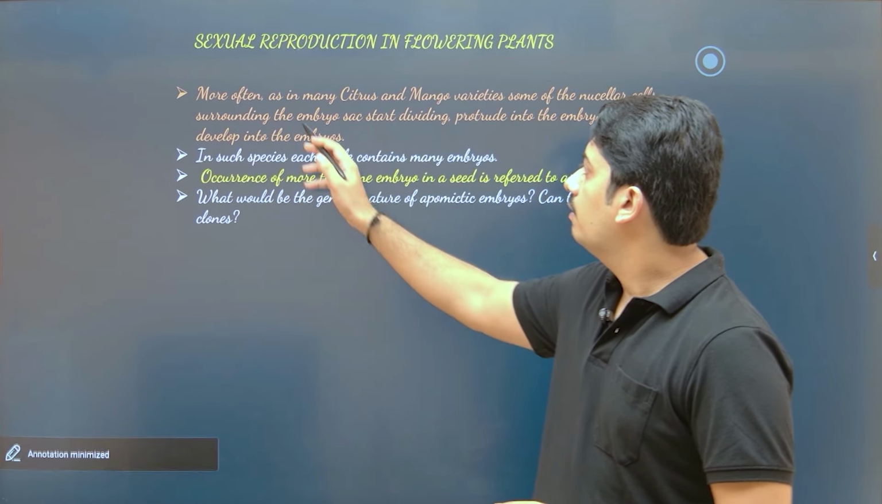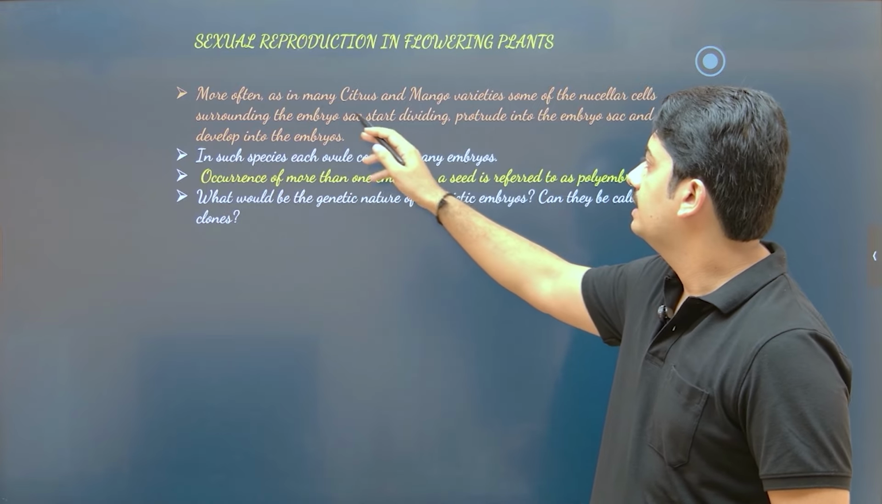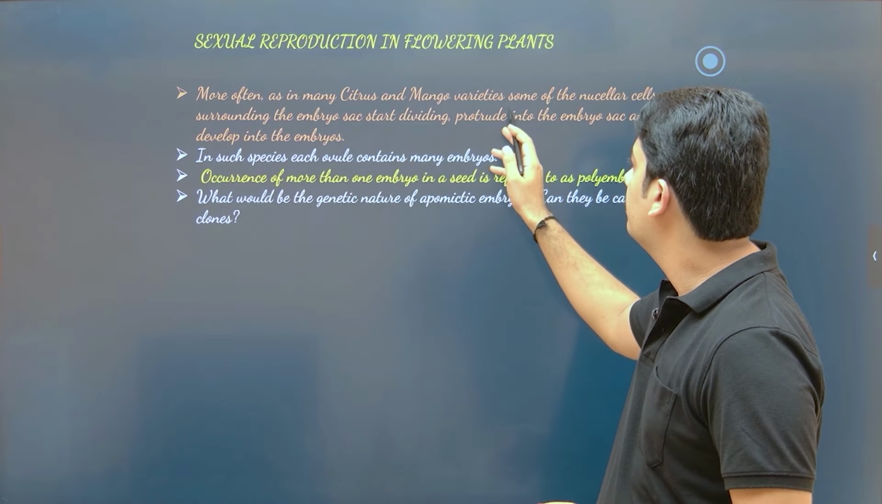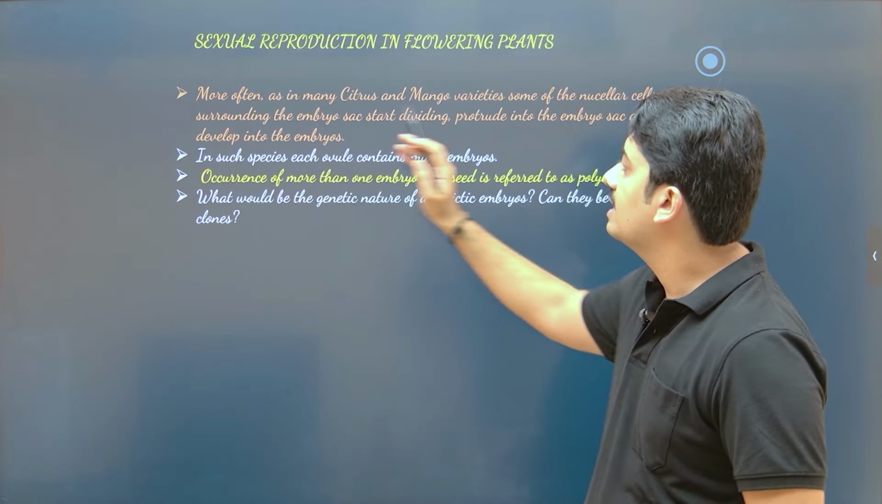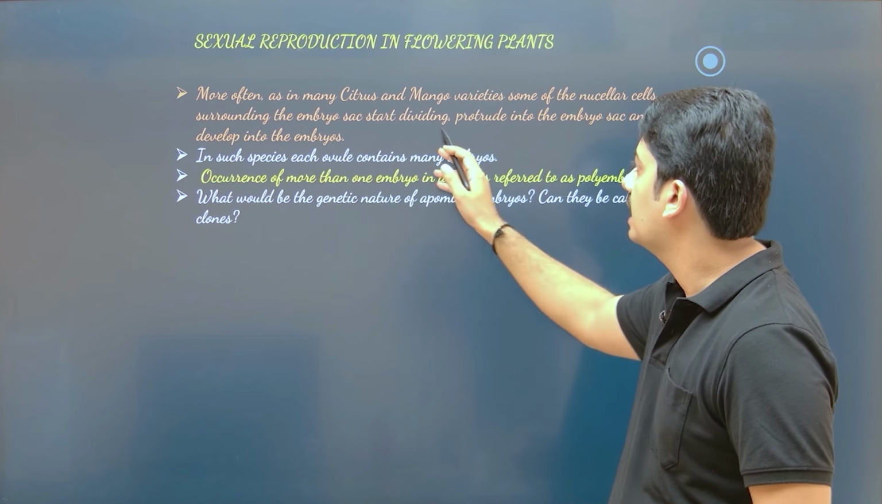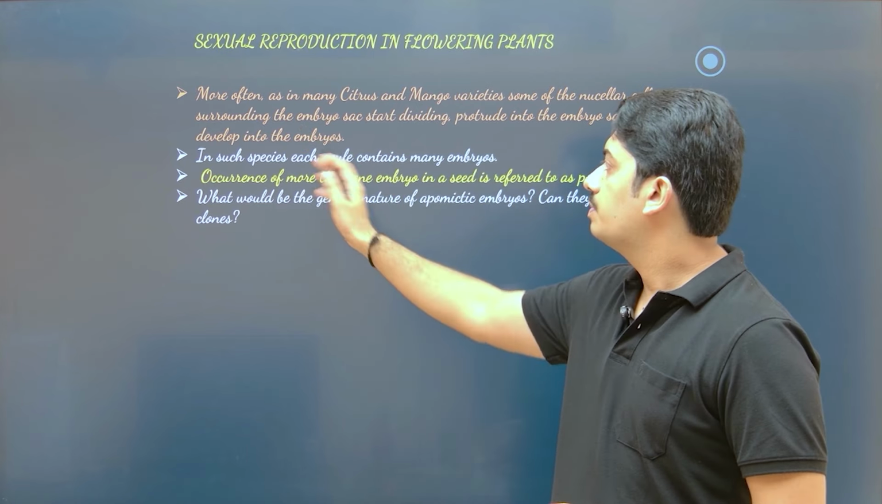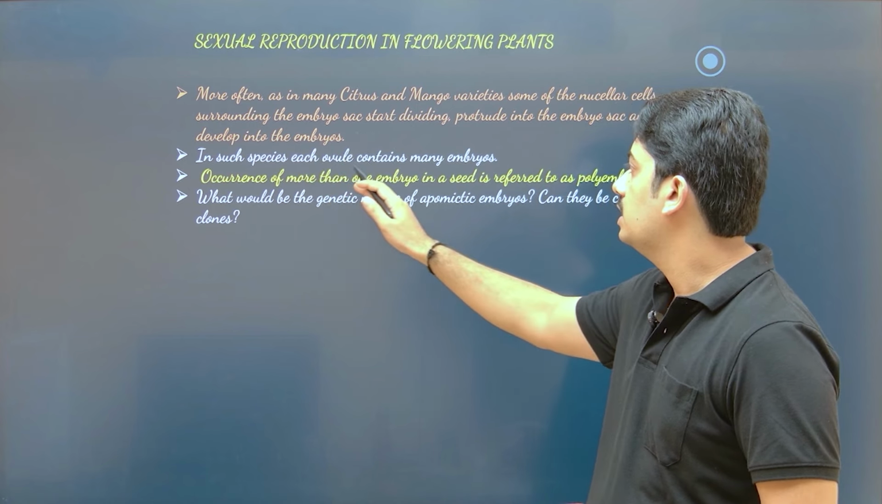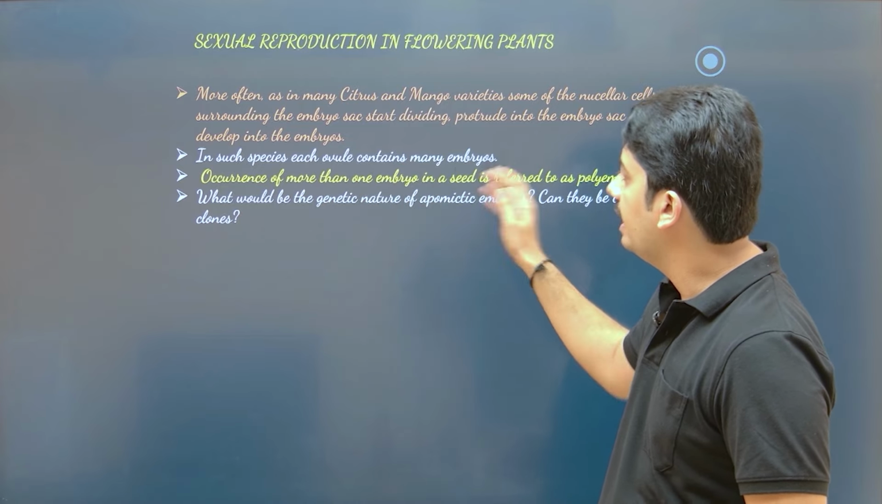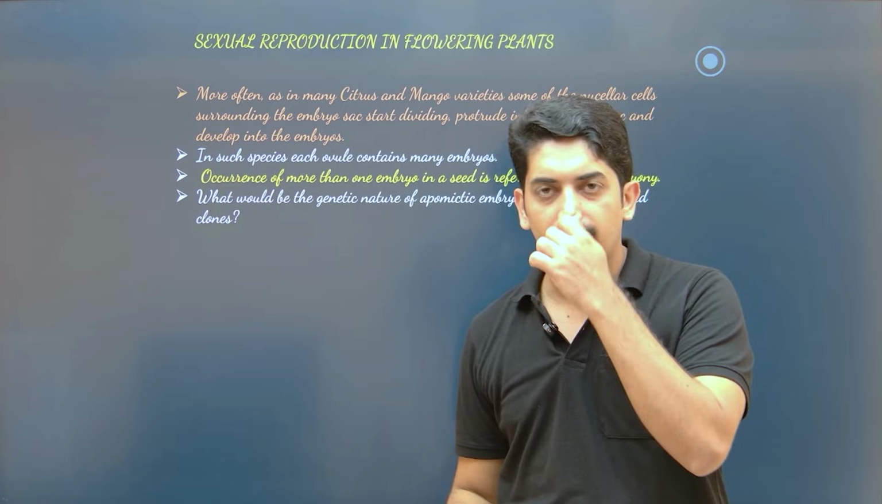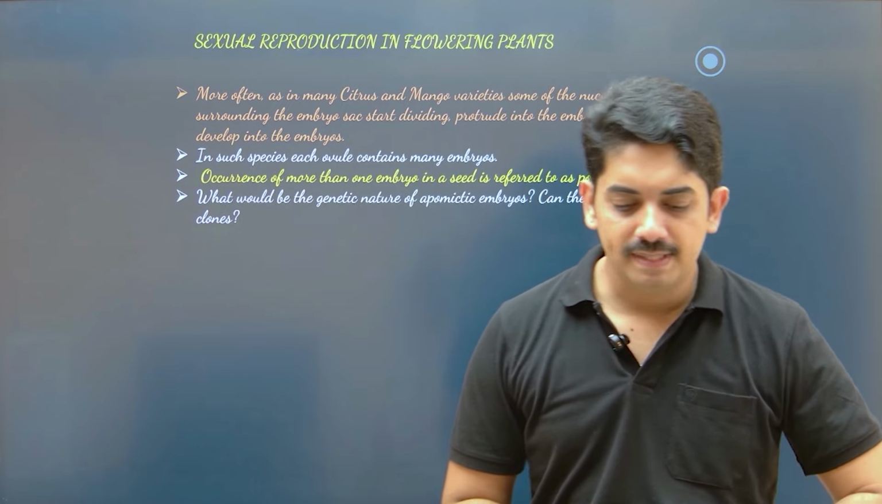Okay, so more often, as in many citrus and mango varieties, some of the nucellar cells surrounding the embryo sac start dividing, protruding into the embryo sac and developing into embryos. In such species, each ovule contains many embryos, and that is called polyembryony. What happens here actually,